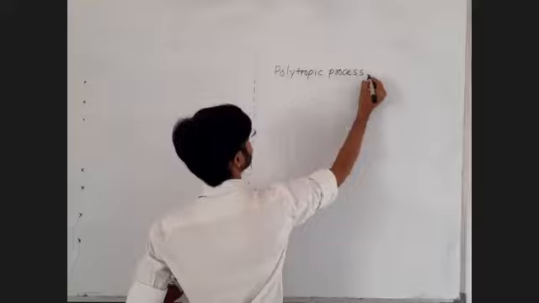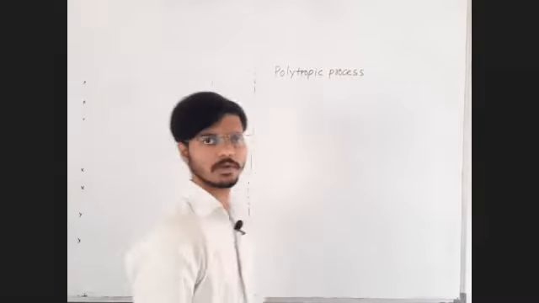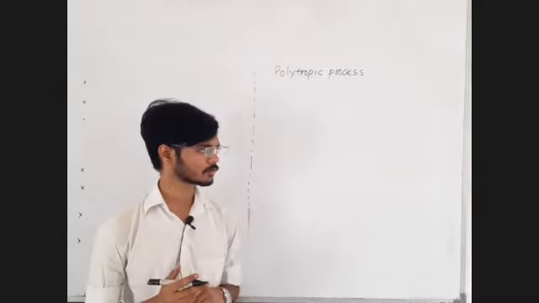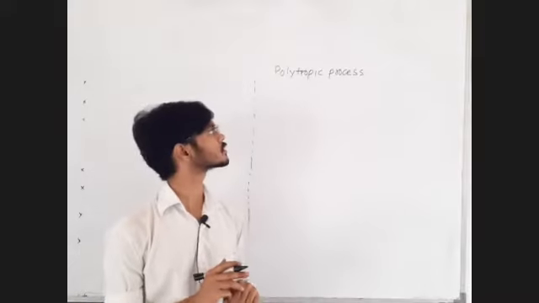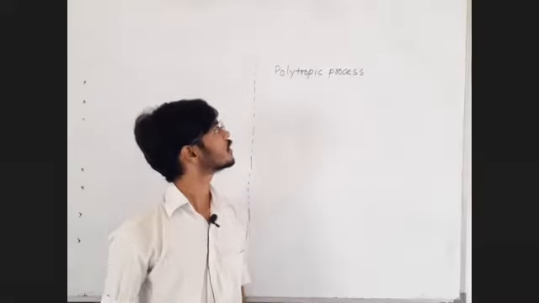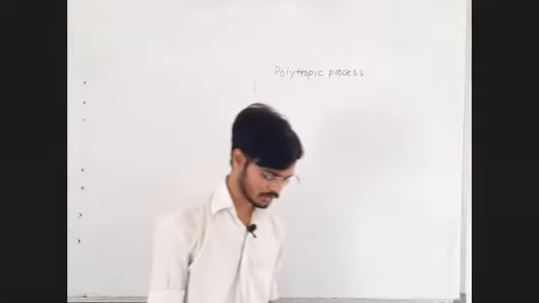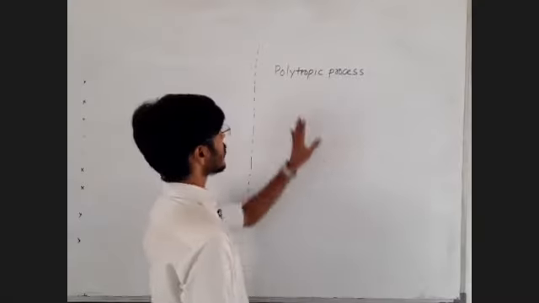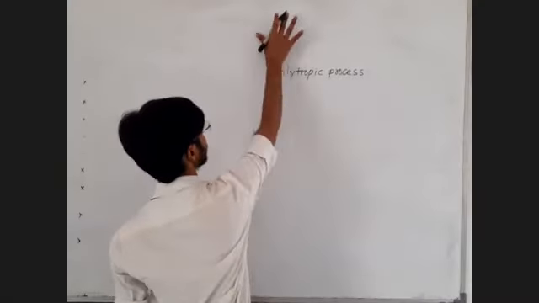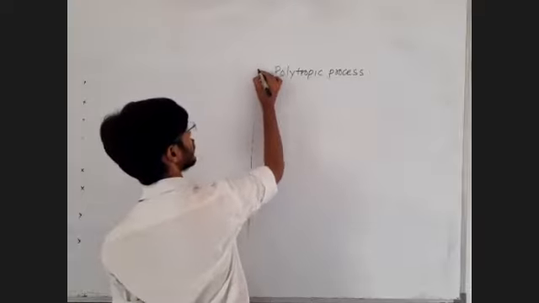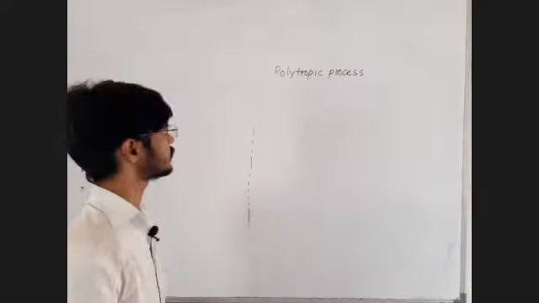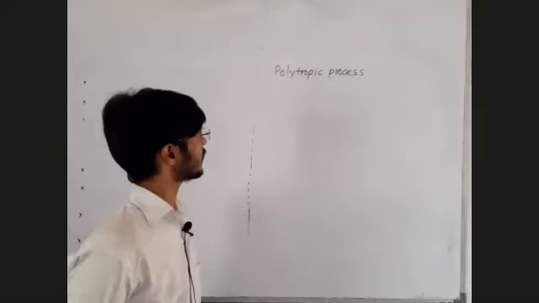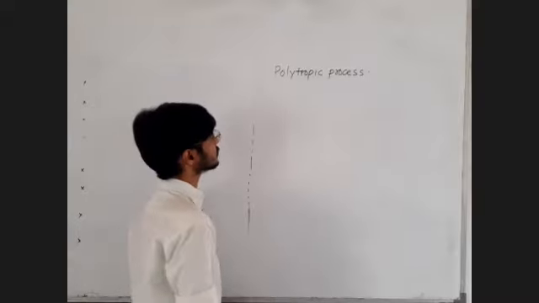Polytropic process. Okay, the polytropic process may not be isobaric process, may not be isothermal process, may be polytropic process. It can be thought of as an adiabatic process, can be thought of as an isothermal process. Now what I am saying is something like this. Try to understand. Polytropic process is a general type of process which can fit into any other type, or it may be a different type. Fine, let us try to understand.